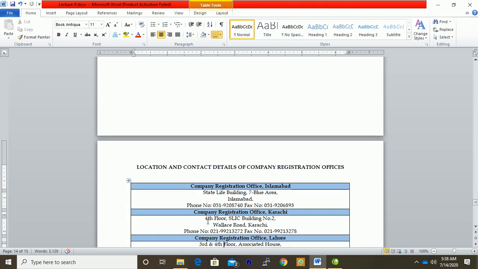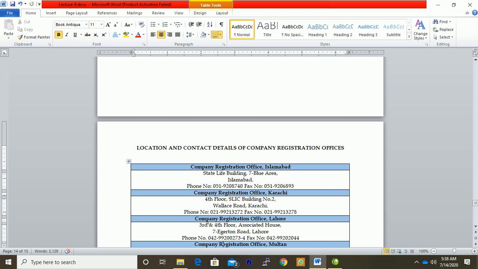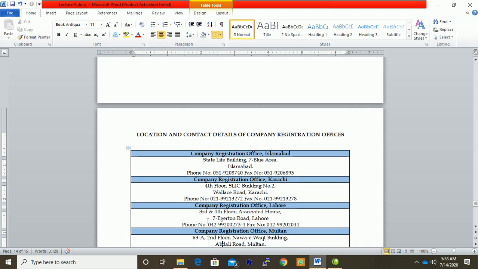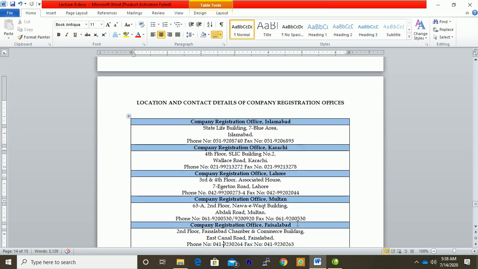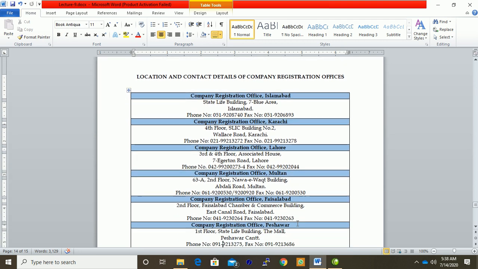These are the offices and the addresses, and you can contact them. In Islamabad, State Life Building, 7 Blue Area, these are the phone numbers. These are the local registration offices in Lahore, Karachi, Multan, Faisalabad, and in Peshawar.